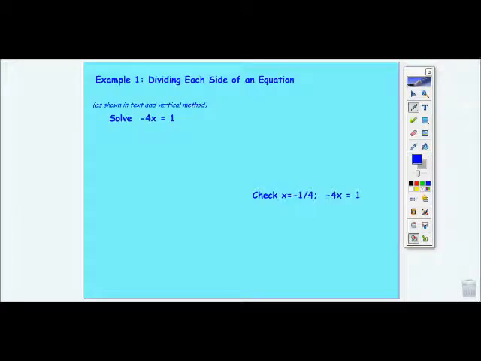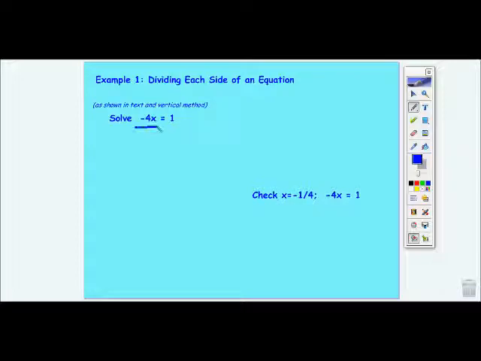Putting it in action again. This time, the vertical method is the method that is shown in the book. That's why I tried to make sure that we did that also with our addition and subtraction. So we are going to solve negative 4x equals 1. So what this means is we're multiplying x by negative 4, and we want to get x by itself, so